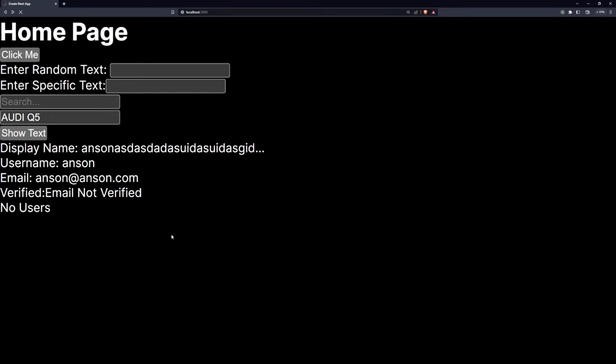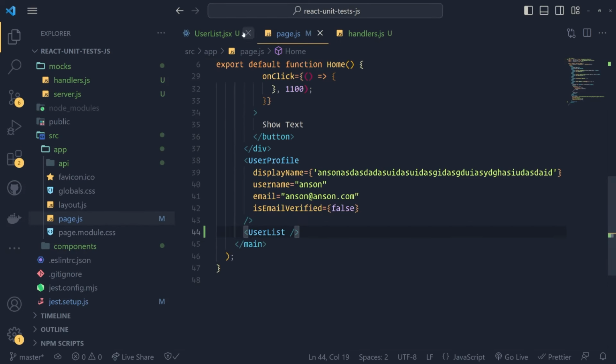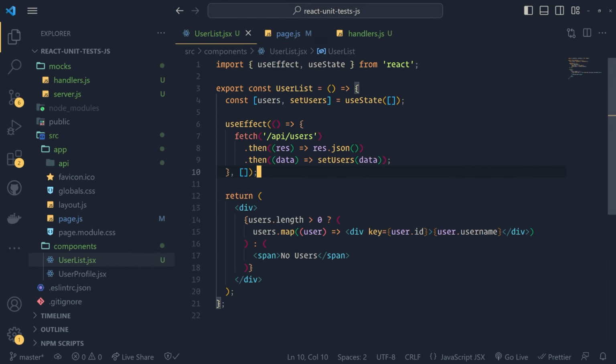Anson, Jack, and Mike. If I refresh the page, it'll appear over there. Cool. All right. Now, next, what we're going to do is write some tests for this user list